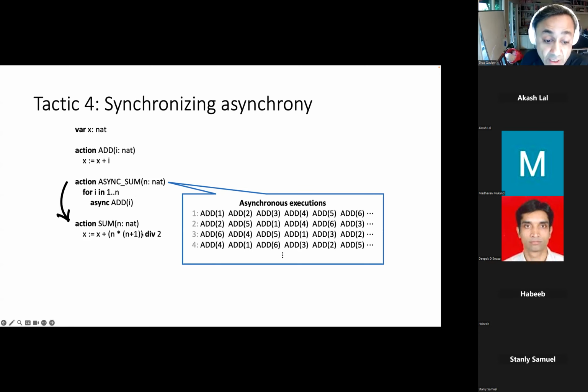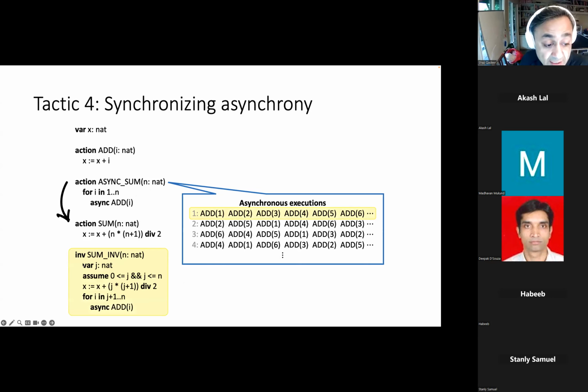You can say that all these asynchronous executions are equivalent to the first execution, in which the sequence of adds is happening in a particularly convenient manner, which allows us to write the induction hypothesis, or the inductive invariant, in a convenient way. And this particular execution is still unbounded, right? Because its length depends on the parameter n, which can be unbounded. You write an inductive invariant,